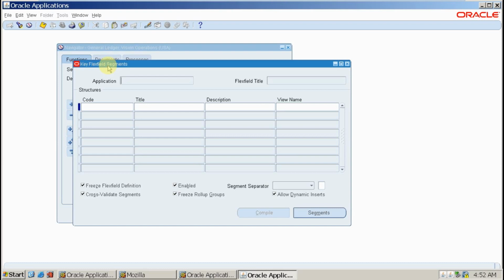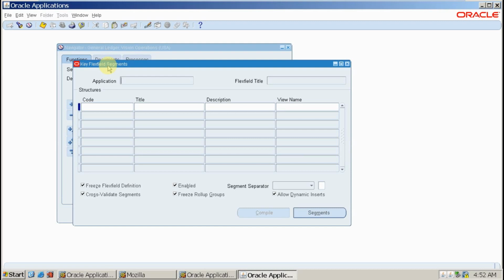Each and every application has a few flex fields. Some of the applications do not have them. That is another point. So some applications have key flex fields. What is a key flex field? Key means important or mandatory. Flex field means a flexible field, that is, you can design it as per your business requirement. So key flex fields together means some mandatory fields, which are carrying some mandatory information. What is this information? This information depends on the application.